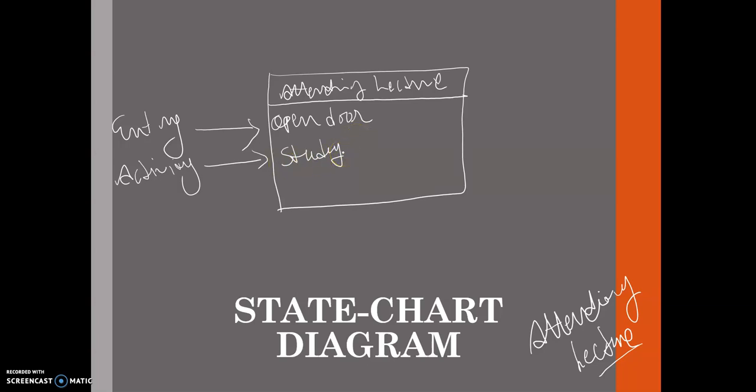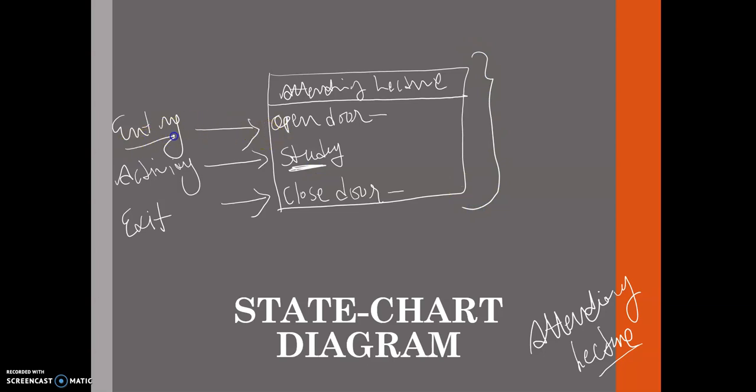After completion, exit. So this is done, right? You will close the door. Or you take the permission and you leave the class, right? Here you can also write that you are entering into the class, you are exiting from the class, and in between you are doing something, right? So this is your one process, and for this process you can be in multiple states.